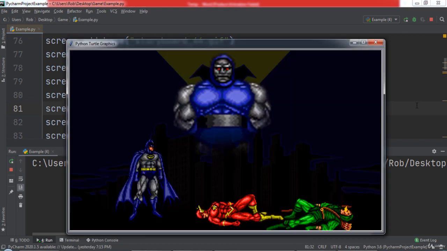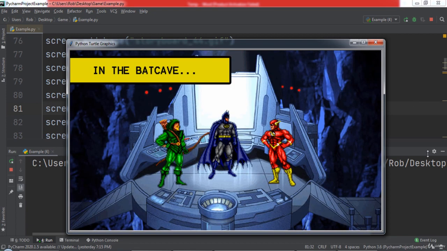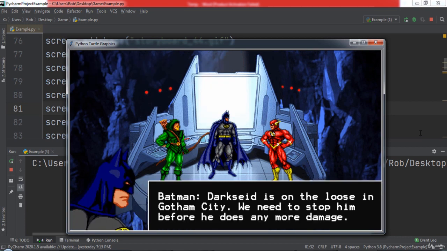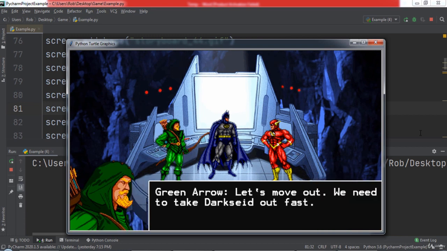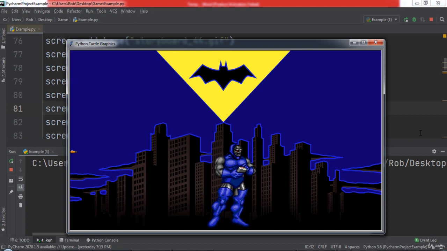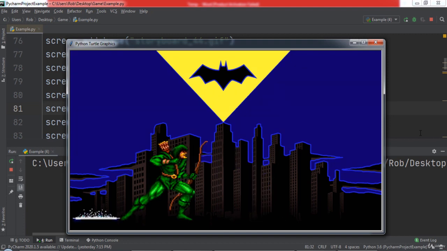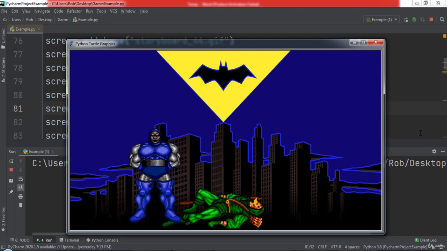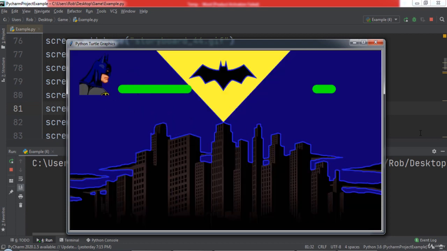Finally, let's run the code. After we get past the start screen and then watch the animation, you will notice that the level gets laid